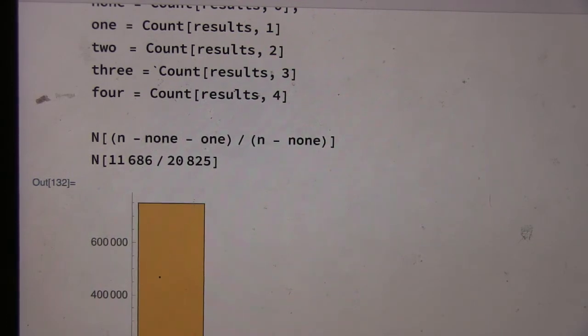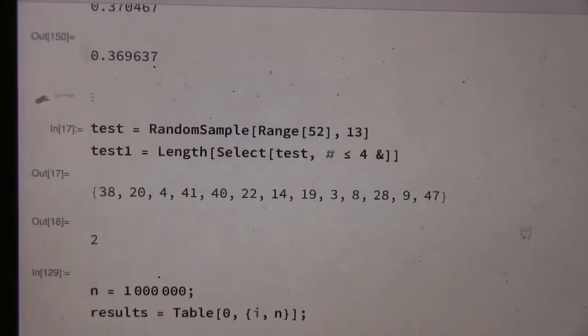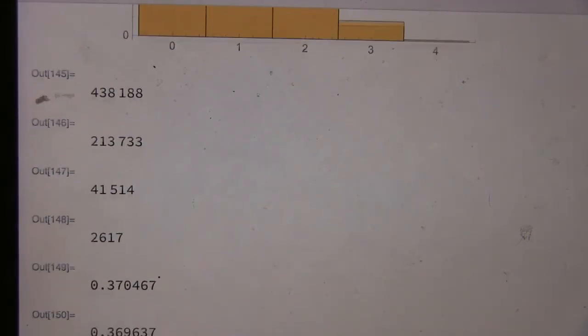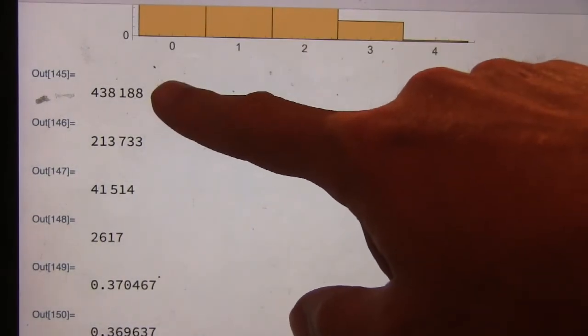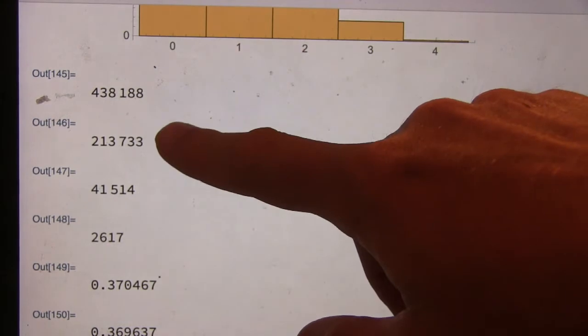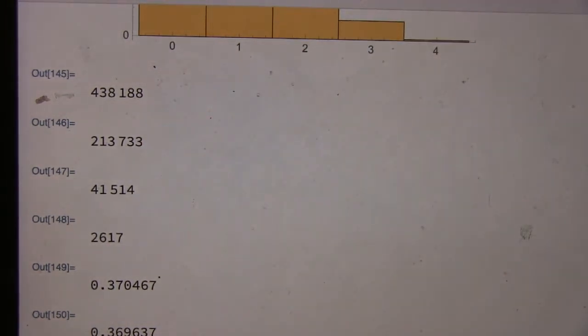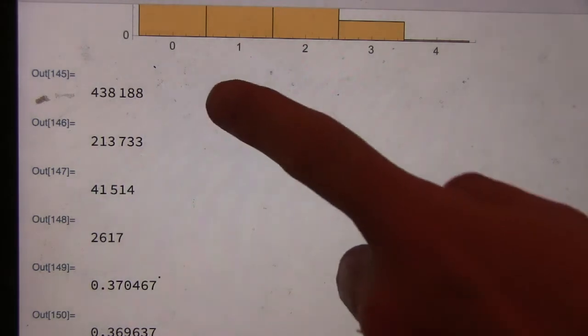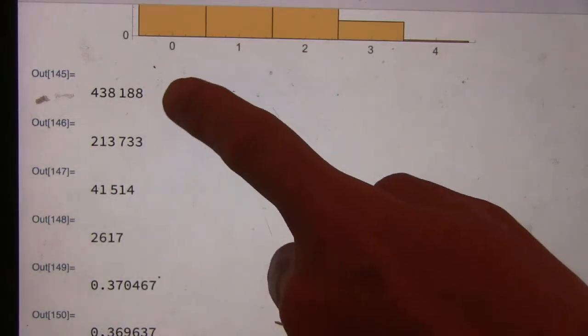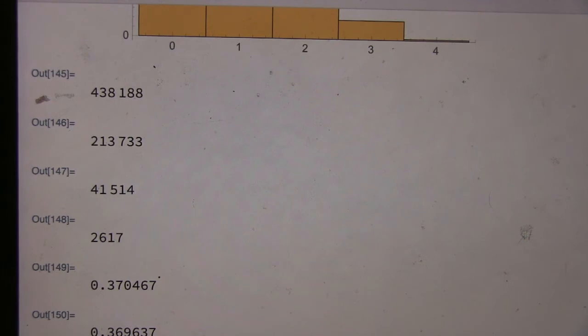But now I want to go back up here and ask you what you expect. So here are the number of times in the original simulations where you had exactly 1 ace, exactly 2, exactly 3, exactly 4. So when I ask down below for the ace of spades specifically, how many times do you think we're going to see that? Probably a quarter of them, so close to 100,000. You can do better than that. A quarter of 438,000. 110,000. Right, around 110,000.